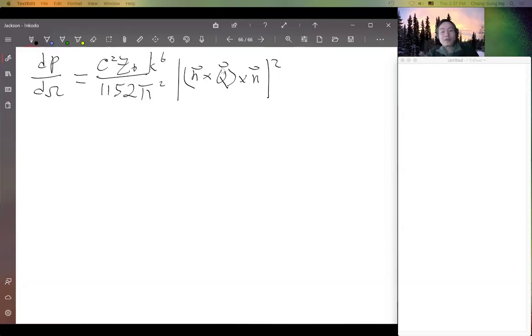There's a dependency on N also in Q, because the Q vector is the Q tensor dot N. There's an extra N here. So when we integrate over all solid angle to get the total power, you take into account the N in Q also. All right, so that makes it a little bit more complicated,